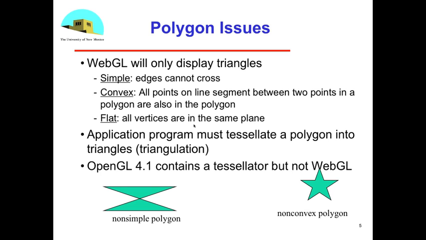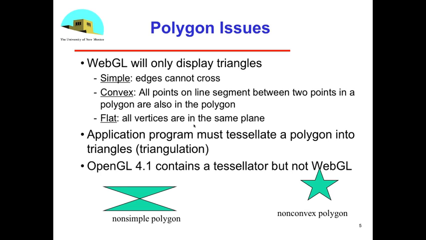So what almost all rendering systems now do is say, we're only going to render triangles, and it's the job of the application program to tessellate, which means to break up that polygon into smaller polygons, usually triangles, and we call that triangulation. And I'll give you in a minute a simple algorithm for doing that, not necessarily the best one. Now, in more recent versions of OpenGL, starting with 4.1, it contains a tessellator, but that's not yet in WebGL, although there's code out there to tessellate general polygons, and I'll show you one example of